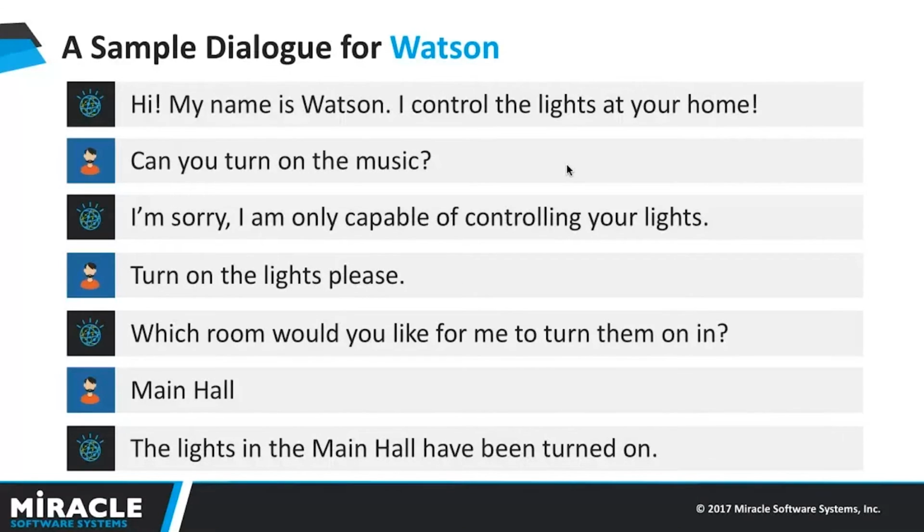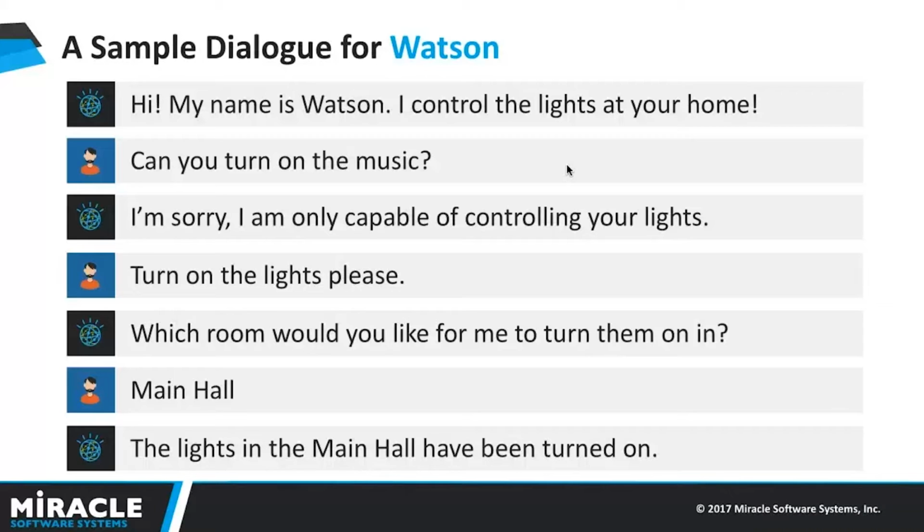And this is where the real power of Watson conversation comes in. There are so many options here where conversation can understand and actually says, I understand that you want to turn on the lights. What lights would you like me to turn on? And the user says main hall. Here you are not going to say turn on the lights in the main hall. You're just saying main hall. Watson doesn't actually maintain context of the dialog tree.